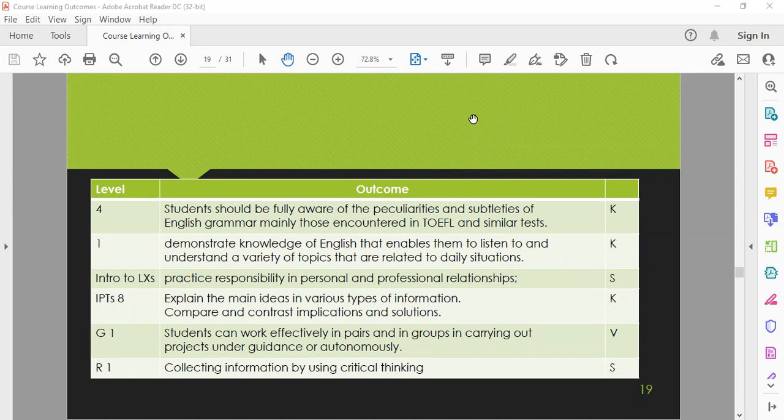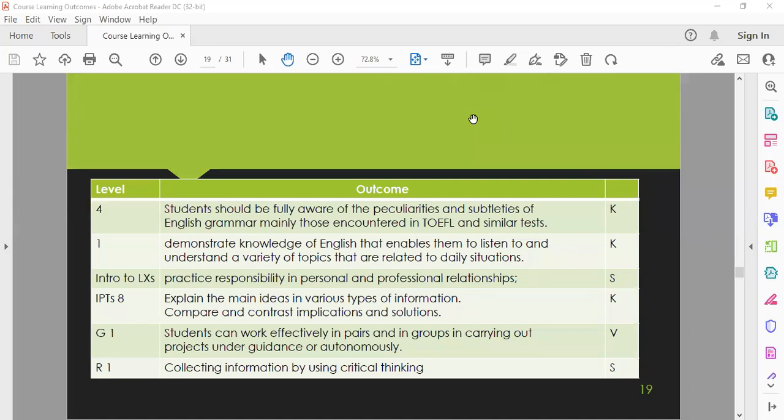But when you look at carrying out projects under guidance or autonomously, what kind of projects under guidance and autonomously do we expect, or shall we expect, at a level 1 course, which is called grammar, where we teach the students verb to be and verb to have? So unless we think of certain tasks, we have certain wording here which might not suit